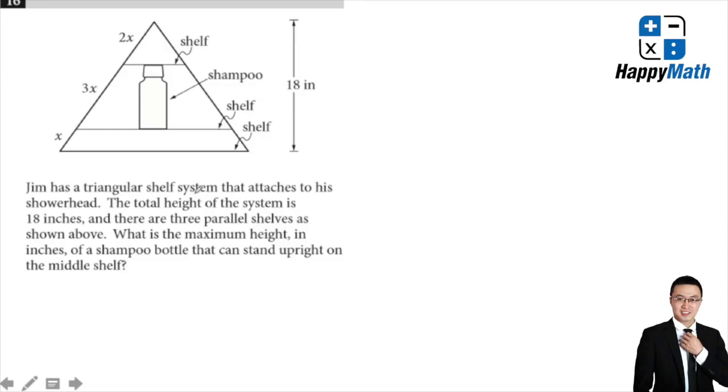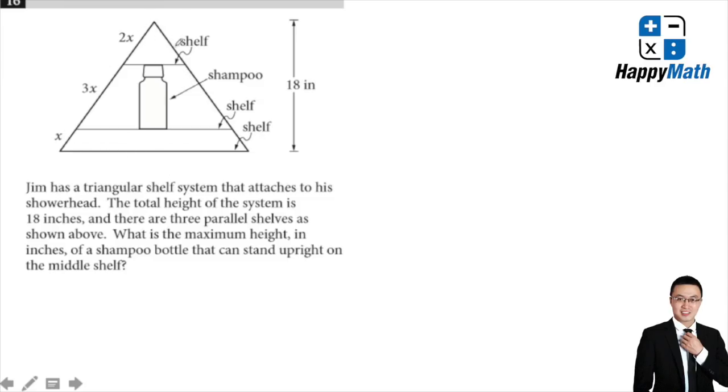Question 16. You have a triangular shelf system with a triangle. The total height of the system is 18 inches, and there are 3 parallel shelves. What is the maximum height in inches of a small bottle that can stand upright on the middle shelf? Okay, we have here just like a